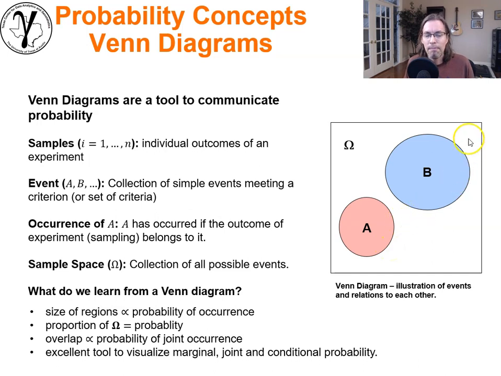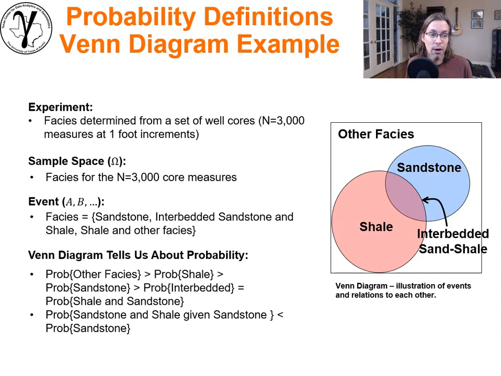Okay, so got to draw the box. If the box was way out here, then you could see the probability of A and B would be much smaller, and if the box was wrapped right around this tight, the probability of A and B is much larger. Now, it's an excellent tool to visualize marginal, joint, and conditional probabilities. We're going to get into that in this lecture, so I won't define that now. So let's get a really simple example.